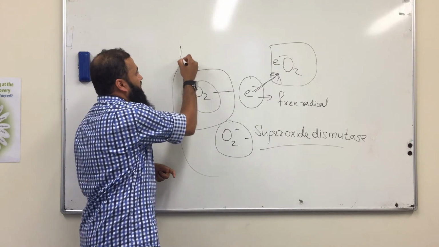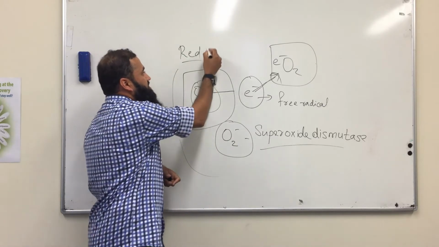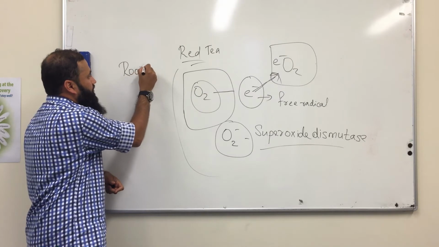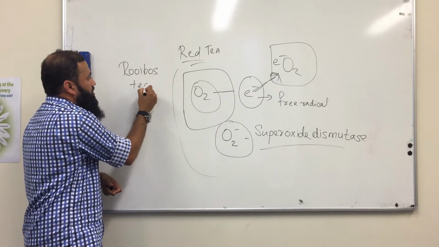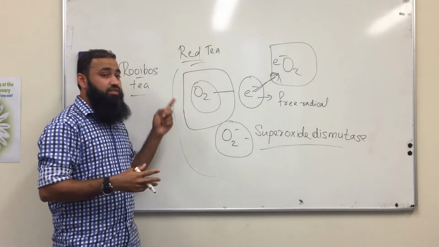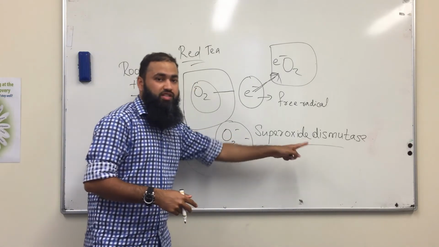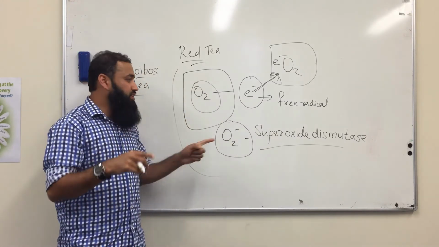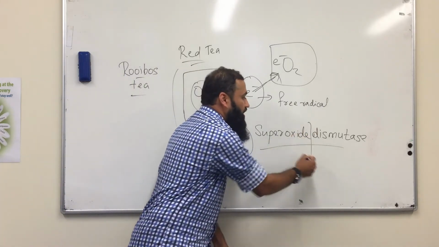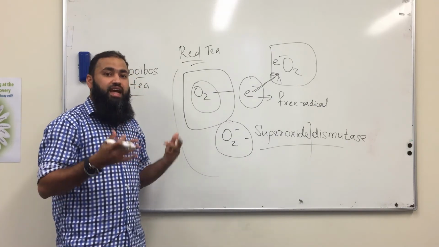Hope you have heard about red tea. We know black tea, we know green tea, and another tea is called red tea. Another name for red tea is rooibos tea. If you include rooibos tea instead of black tea and green tea in your diet, there is a lot of superoxide dismutase in this red tea. So it prevents the formation of superoxide, or eats up the superoxide in our body. So there won't be any cell damage in our body, and the possibility of getting cancer is very low.